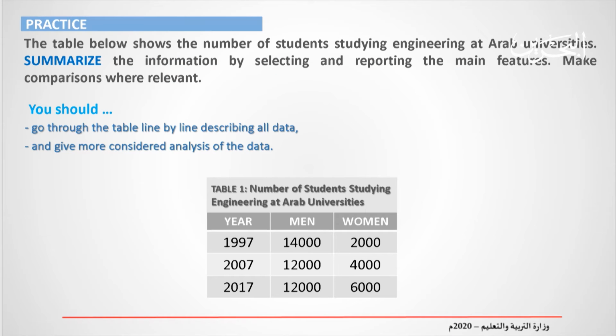The table below shows the number of students studying engineering at Arab universities. Summarize the information by selecting and reporting the main features. Make comparisons where relevant. You should go through the table line by line, describing all data, and give more considered analysis of the data. So we need to look at the table, look at the years, and the number of